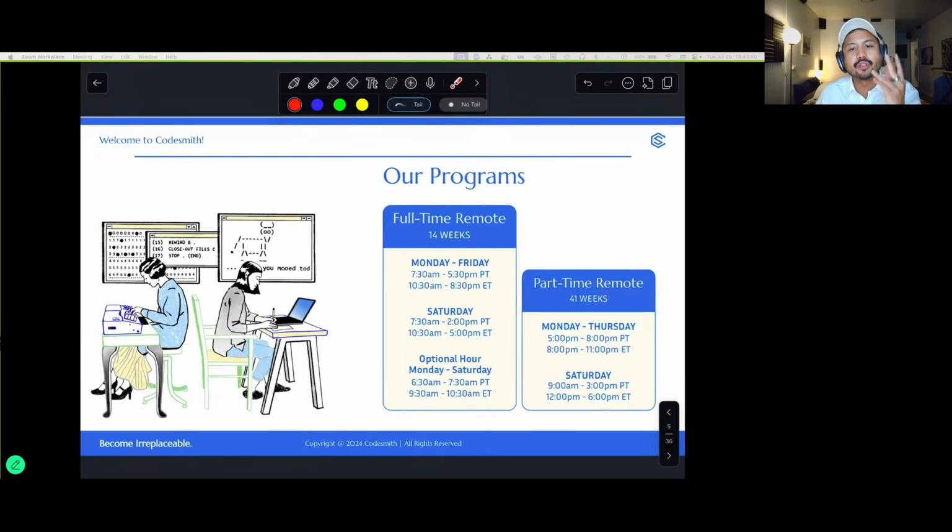Our immersive program has two different campuses. Effectively, one program is full-time and one program is part-time. The full-time remote immersive program is about 14 weeks long, about 3 months. And the part-time remote immersive program is about 41 weeks long. This is a little over 9 months. The hours here are listed for reference, and you can find upcoming start dates for these programs on our website at codesmith.io or